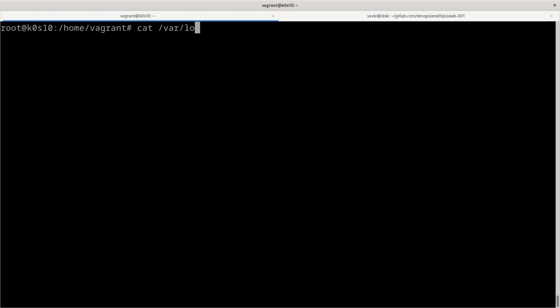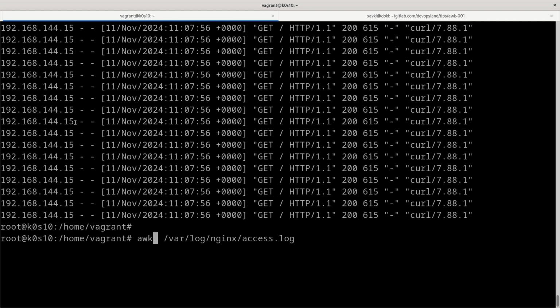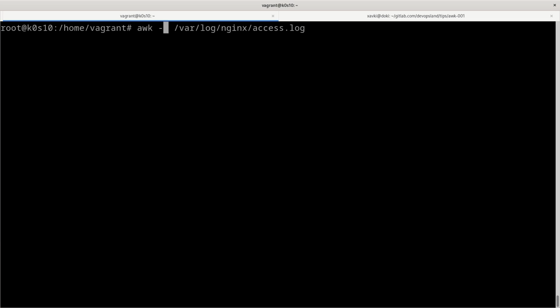We use Awk on the file /var/log/nginx/access.log. Here you can see we have a tab separator, and by default Awk uses the tab separator. If you want, you can change the separator with the -F option and specify a new separator just after it, for example dot or dash, etc.